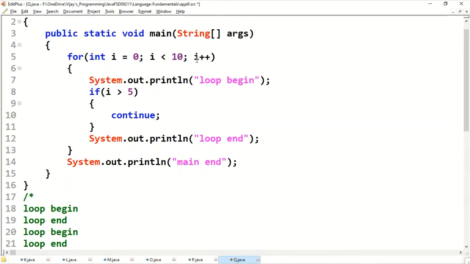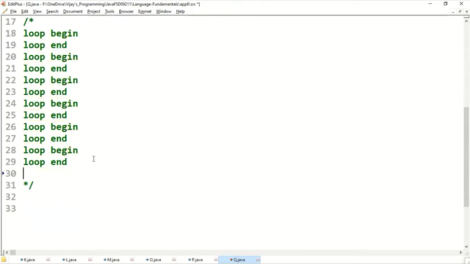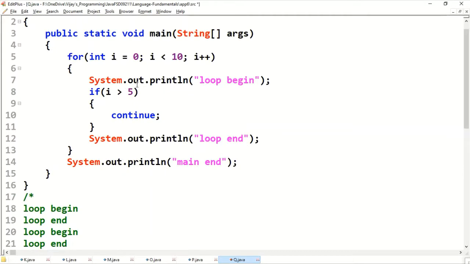Now carefully observe. i became 6. Loop begin will be printed. Now whether 6 greater than 5? Yes. 6 is greater than 5. It is going to enter the if block. We have the continue statement. In case of continue, what happens? Instead of executing the remaining statements of the for loop, it is going to skip to the next iteration of the for loop. We don't get loop end